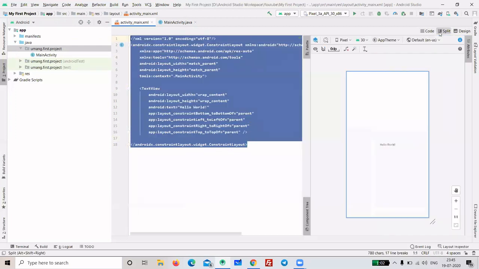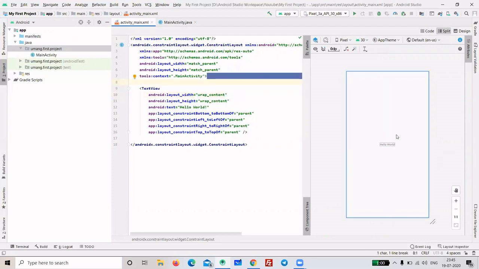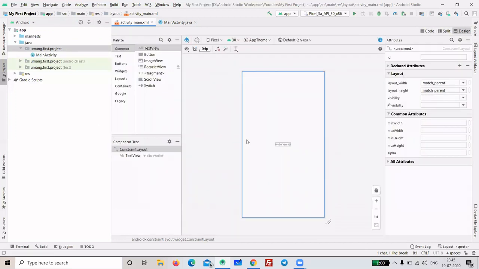If you click on this, it will divide the screen into two parts. Here you can see the screen and here you can see the code. So meanwhile, you can write the code here and the same output you will see on the screen. And this is for the design part only, you cannot see the code here. There are different layouts that you can change here. So this was the overview of how to create a new project in Android.